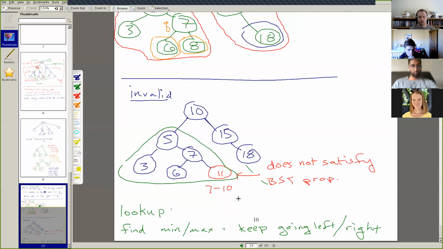Any questions about either of these operations, looking up, finding min or max? Again, I'll just mention that the textbook is pretty good in this section, and they have both formal pseudocode for each of these algorithms and actual Python code that you can reference. So that's why here I'm going at a little bit higher level, just trying to help you capture the intuition for each of these operations. Any questions so far?